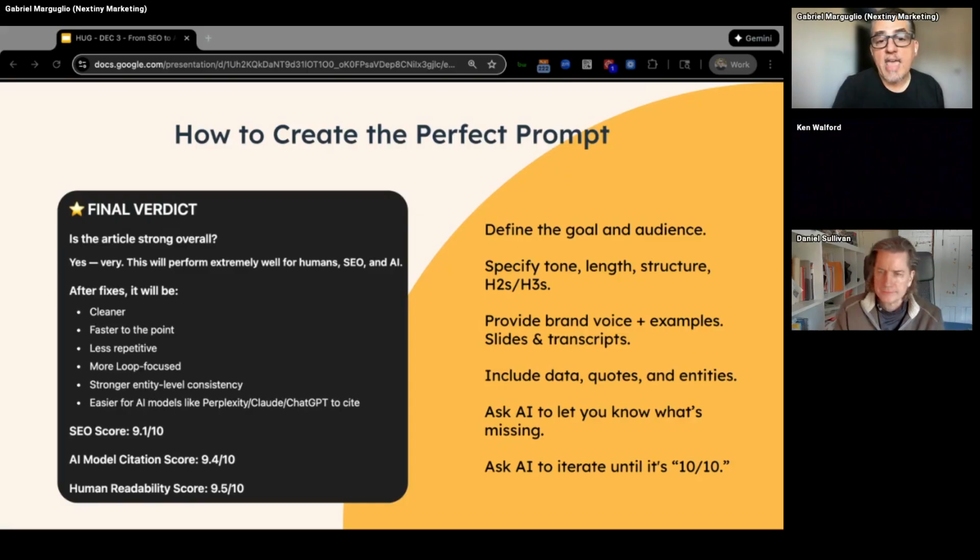And then of course, ask AI, what am I missing? And it'll ask you questions, like do you want this to be more conversational, funnier, more professional? Then just iterate. Keep saying, how good is this? And as you can see in that example, it says final verdict. This article is good for humans and SEO, and for SEO score it's 9.1. I'm like, okay, how can I take this to 10? And it'll say, include these keywords, change this for that keyword, or make sure you mention this